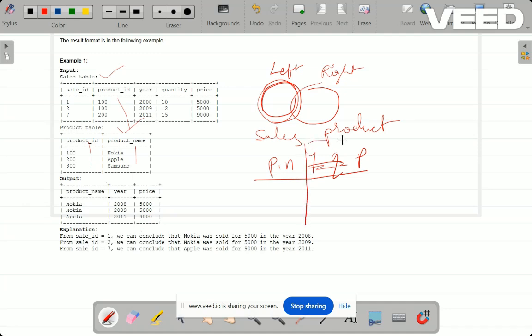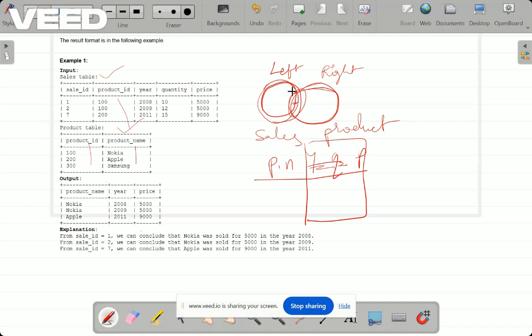These three things we will get from the sales table directly. If we list them and filter them, it's fine. But what about the product name? We need the product name also. To get the product name, we should get it from the right table. It's a combination. If you join using product ID, whatever product IDs we have here, we have them there also. If you join based upon ID, we'll get the combination of those products and the IDs.